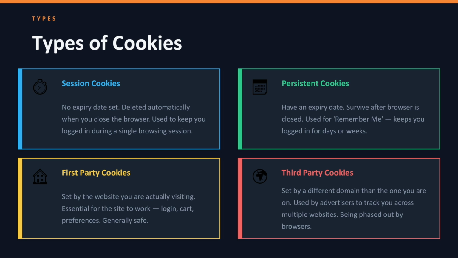Persistent cookies have an expiry date, they survive even after you close the browser and come back days later. This is what powers the Remember Me feature on login pages. You stay logged in for 30 days because a persistent cookie with a 30-day expiry was set when you checked